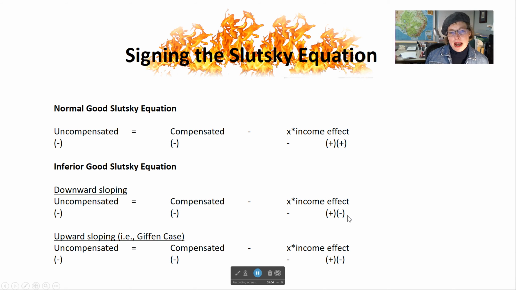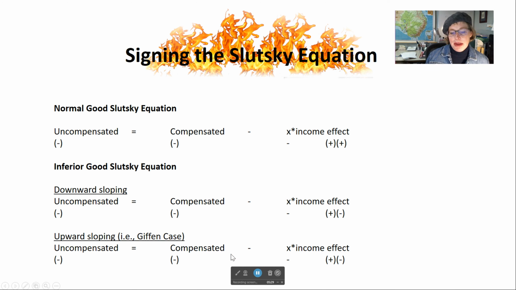We're subtracting a negative, so we have minus, minus; the plus and the minus times each other equal minus. So this is a negative, and then this all together here will be something positive. But if the compensated demand change outweighs that of our Engel curve relationship,